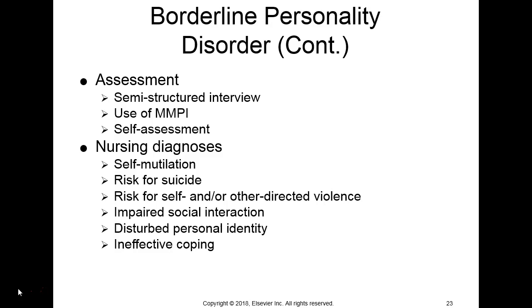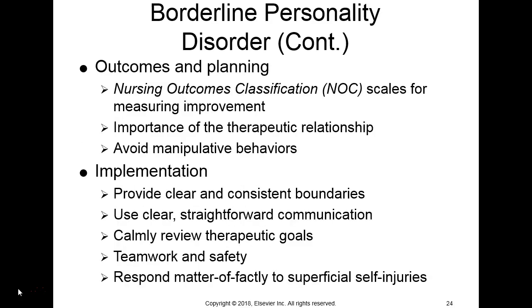So thinking about ways to interact with somebody with a personality disorder, in this chapter 24, on page 463, there's a purple table with a dialogue with a patient with manipulative, aggressive, and impulsive traits. That would more than likely be somebody with a borderline personality disorder. So there's a really nice conversation. It would be helpful to read through that, because you'll get a feel for some nice therapeutic communication by the nurse when she's working with somebody who has personality disorder issues. So we always have to think about our outcomes.